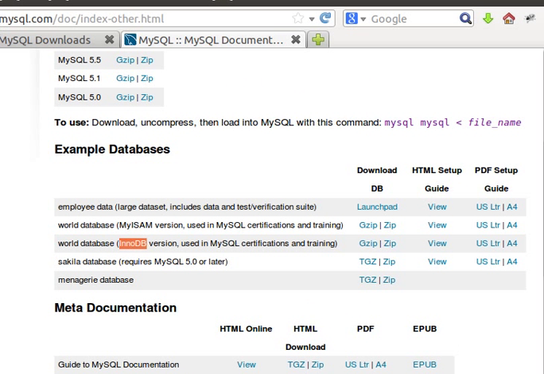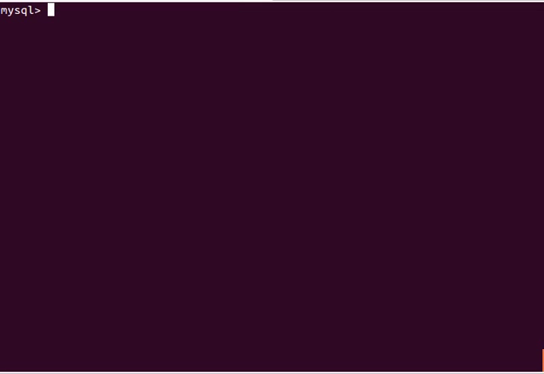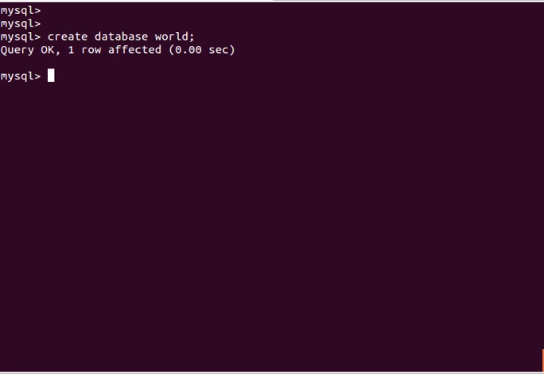our existing MySQL server. So to import any database, first of all you need to create a blank database. Let's create a blank database called world. MySQL create database world. So it has created the database, and now to import the backup inside that database we need to